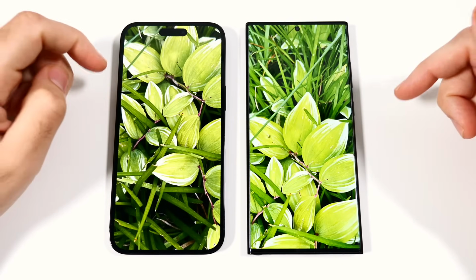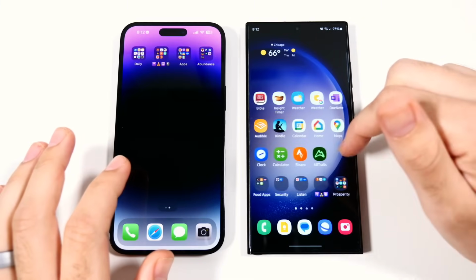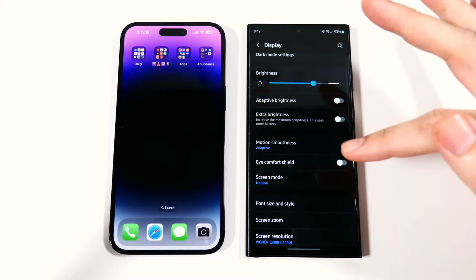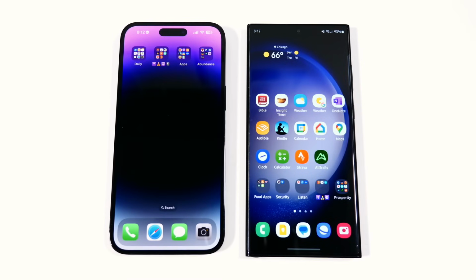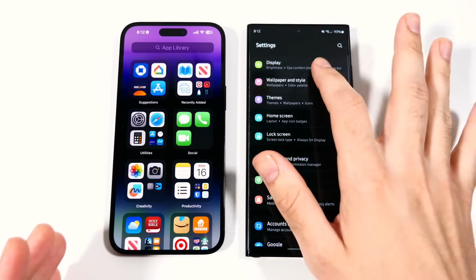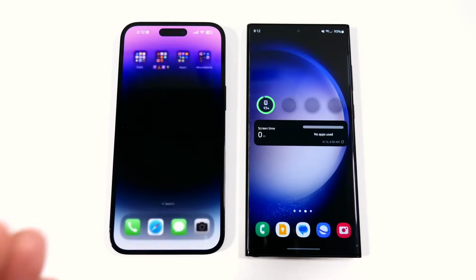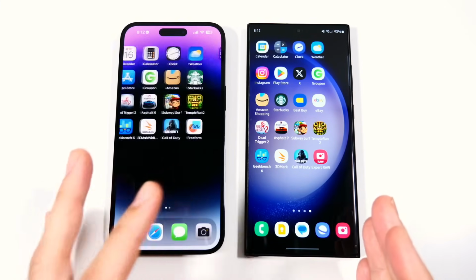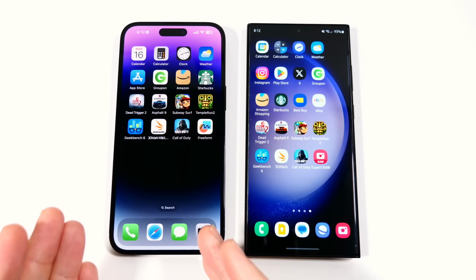I will tell you, though, that the iPhone does have a very, very smooth ProMotion experience as well. But Samsung also has the great 120 hertz adaptive refresh as well on the motion smoothness side of things. So they're pretty much even when it comes to smooth feel, but the Samsung wins out in customizability as well as the vivid nature or the saturated nature of the panel. So if you are looking for an all-around beast screen, you probably want the Samsung. If you want a really good iPhone screen, the best of the best iPhone screens, you'll want the iPhone 14